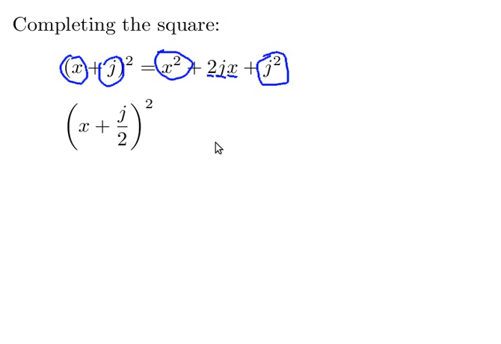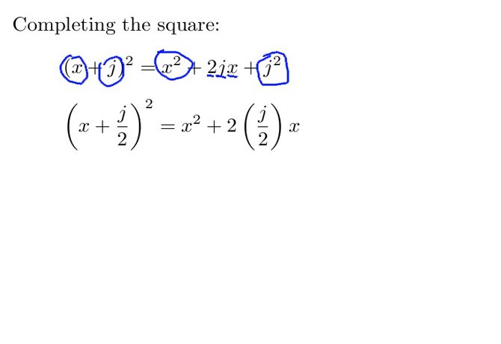So that means we're going to have x squared plus 2 times j over 2, and let's put that in parentheses, times x